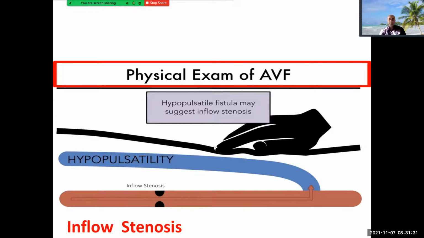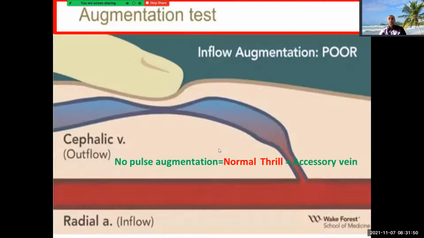If you are applying pressure distal to the fistula, and you palpate near the site of the anastomosis, no pulse here, no hyperpulsatility, and no thrill, this means we have inflow stenosis if there is no pulse augmentation here. I hope that is clear. Inflow augmentation again: if I do the augmentation test here and there is no pulse augmentation, but with a normal thrill, if we have thrill here,